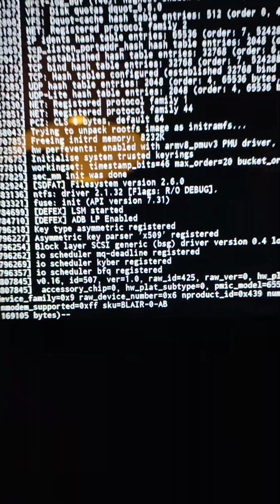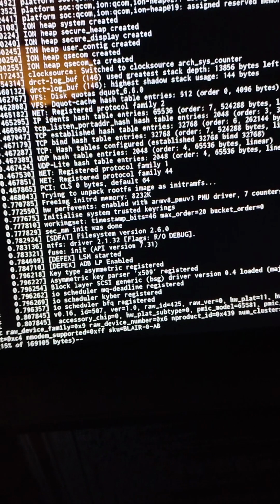Like I said, this is a lot of coding, but